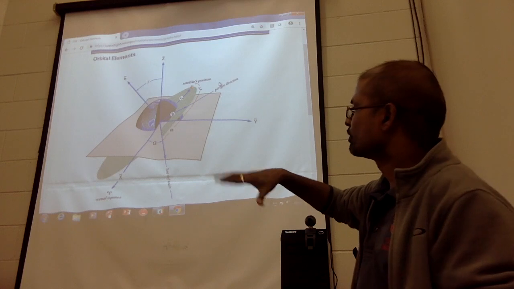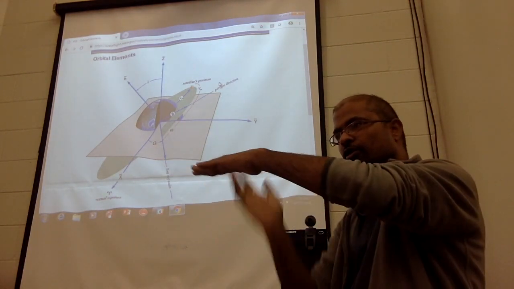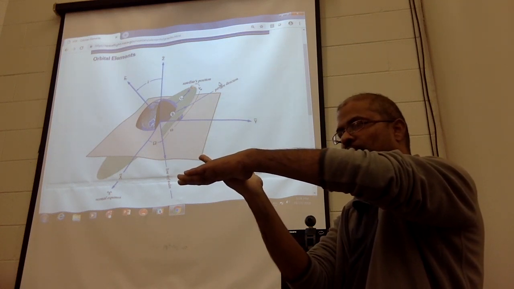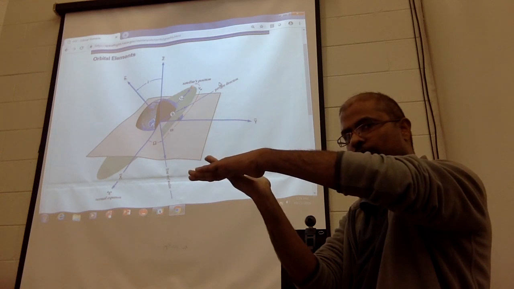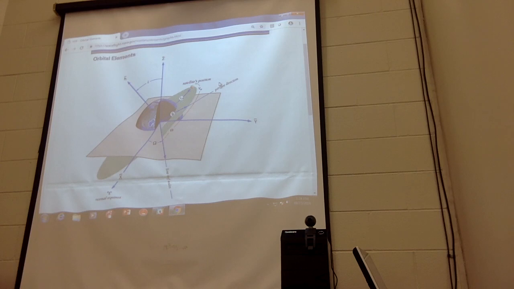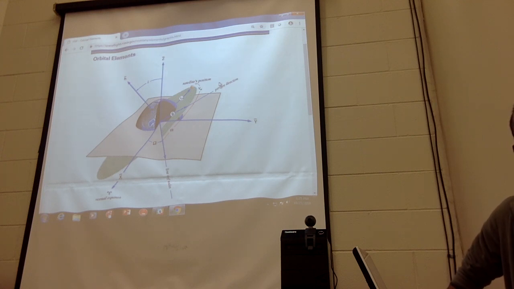So you understand the equatorial plane, and this is the orbital plane. Where do two planes intersect? Where do two lines intersect, if they intersect? At a point. Does that make sense? Can two lines intersect at another line? Two lines will always intersect at a point, or the intersection of two lines is a point. Similarly, the intersection of two planes is a